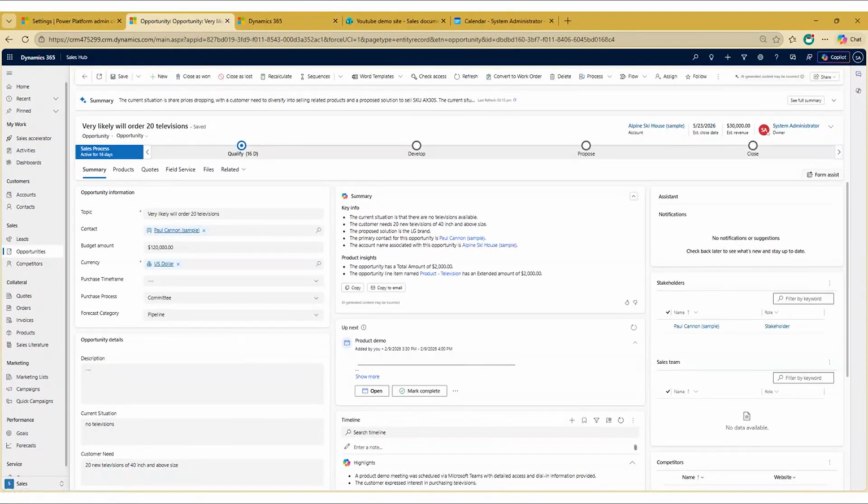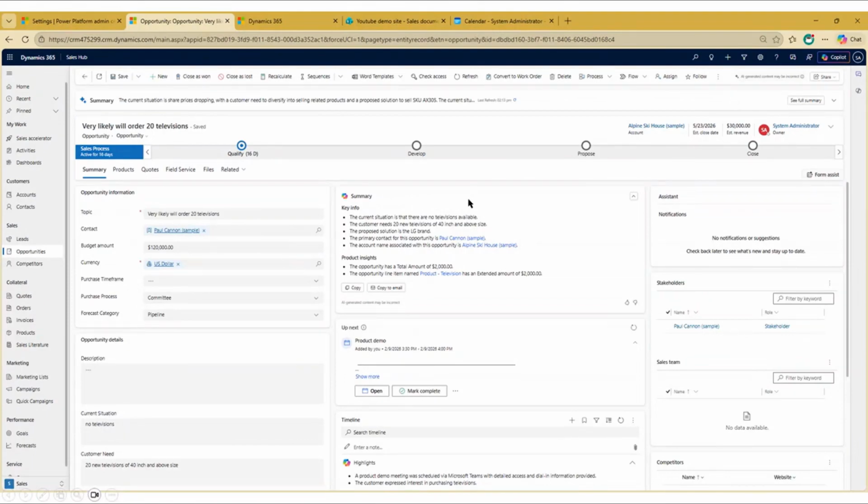After adding that knowledge source, we need to wait for some time so that Copilot in Dynamics 365 Sales will process that SharePoint location, and it will be able to access those files whenever we ask any question or any prompt in this Copilot in D365 Sales. Now I am in